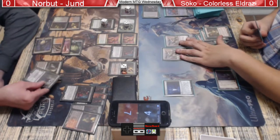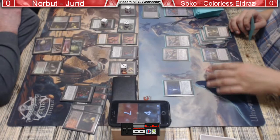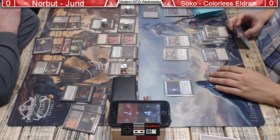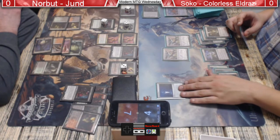Another Thoughtknot, but that's not going to do much for me. He has another Lily, the other Lily. Yeah, the last hope. Which would have been pretty disgusting to see come out anyway. I don't know what exactly it would have done in this board state, but...